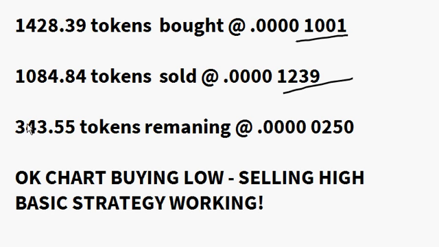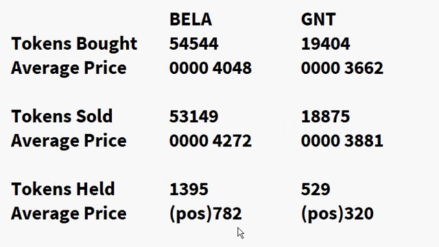Leaving me back with 343 tokens, but I'm selling for 238 extra basis points. That's almost 24%. And I'm left with a buy price at 250. This thing could fall to like 800 and I can still sell for a profit. And stuff I could sell for a profit if it goes to nothing, or I would get a profit, is